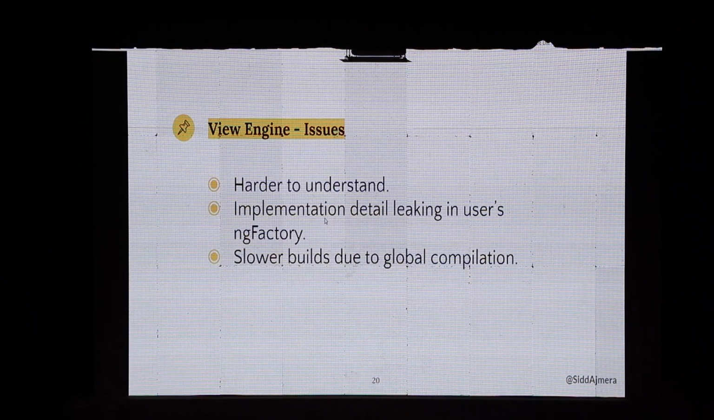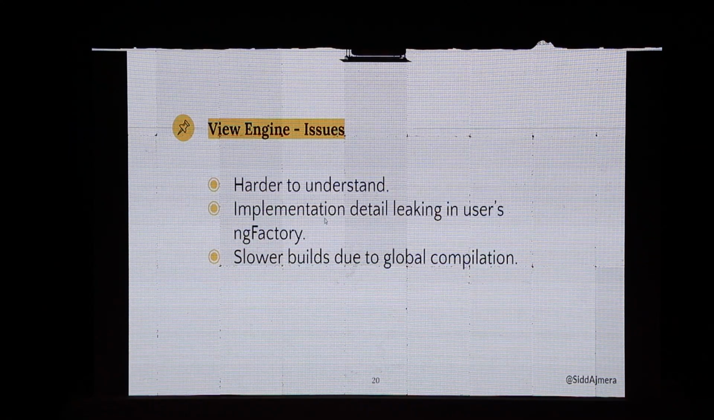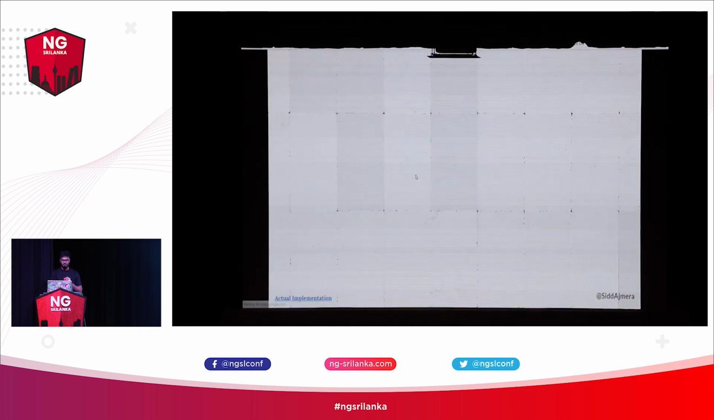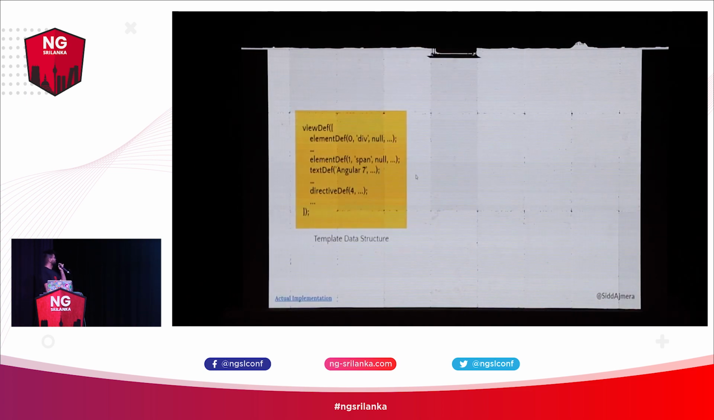So it's harder to understand. The implementation detail is leaking, and since Angular is going to trigger a global compilation, this is going to result in slower builds and slower compilation speeds as well. Now there is one more issue with the view engine that we are going to talk about, and that is